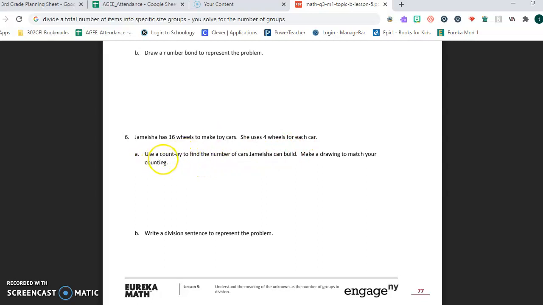So it says use a count by to find the number of cars Jamisha can build. Make a drawing to match your counting. So a count by would be 1, 2, 3, 4, circle, okay? And then 5, 6, 7, 8, circle. And then 9, 10, 11, 12, circle. So you're counting, and every 4